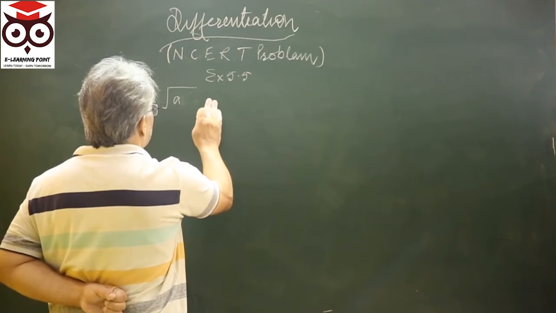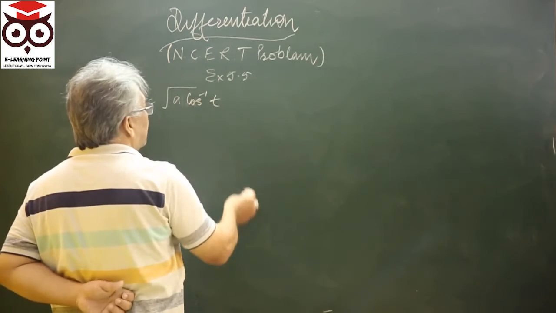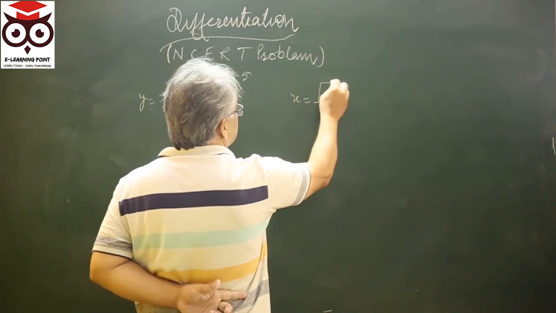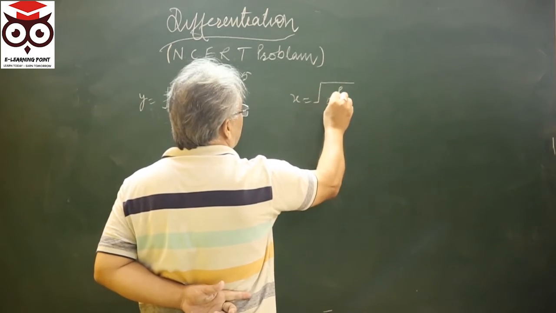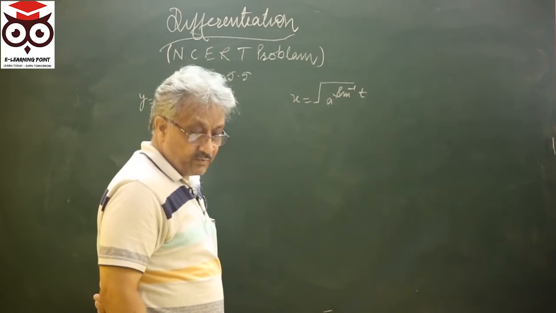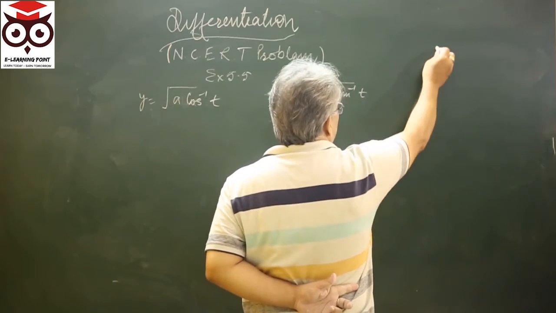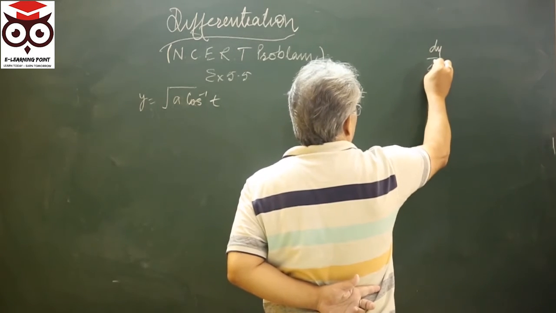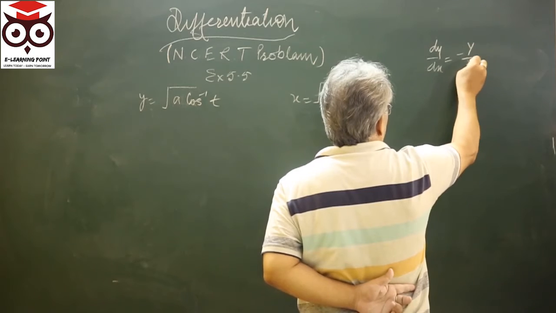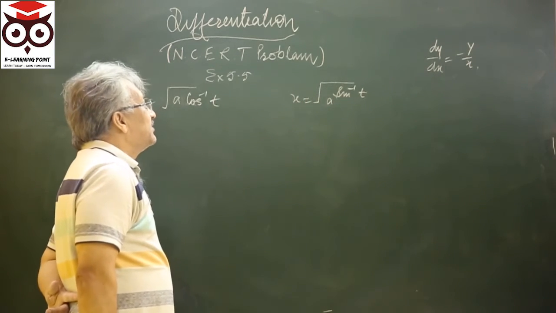This is cos inverse t. And here is another, x equals a to the power sine inverse t. These are the two parts given, and we are interested to find out that dy by dx is equal to minus y by x,